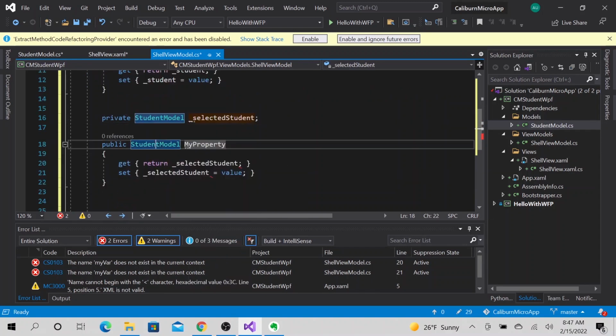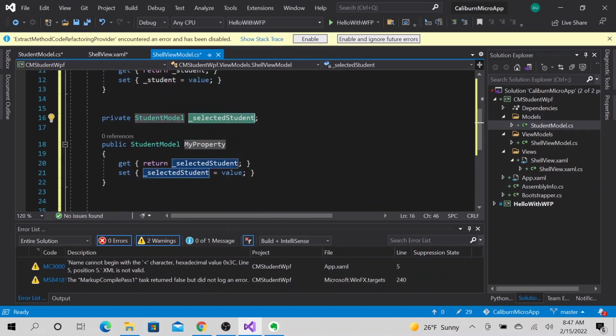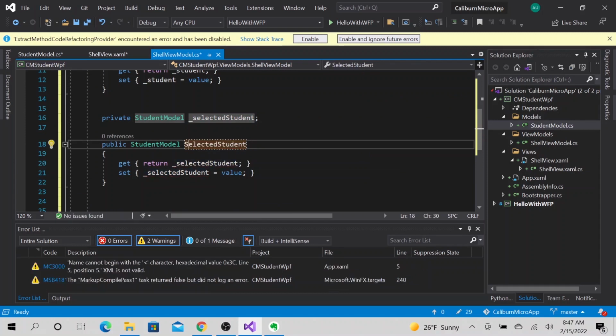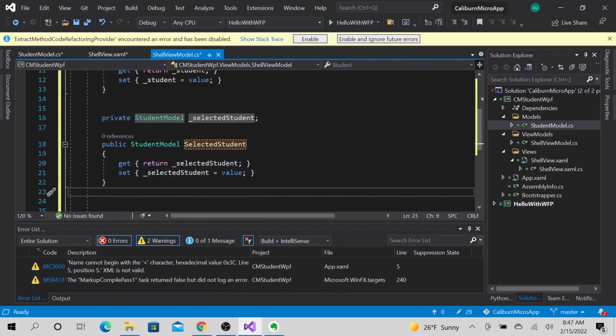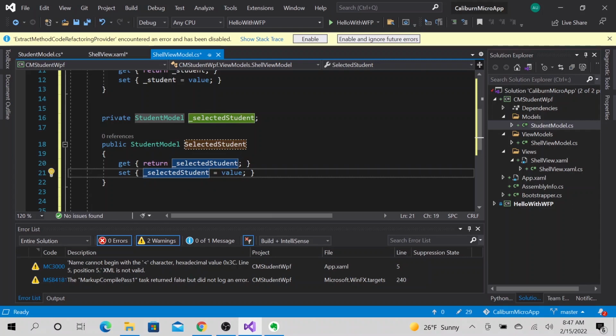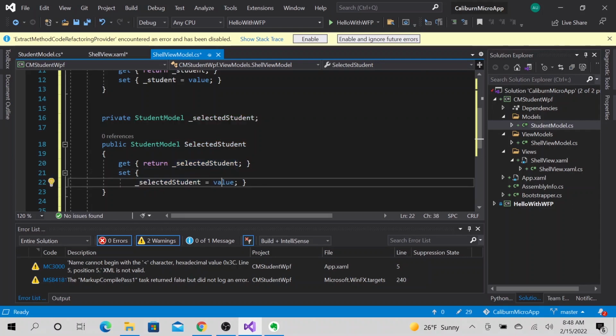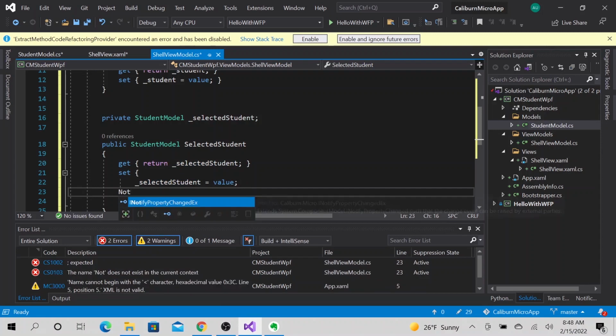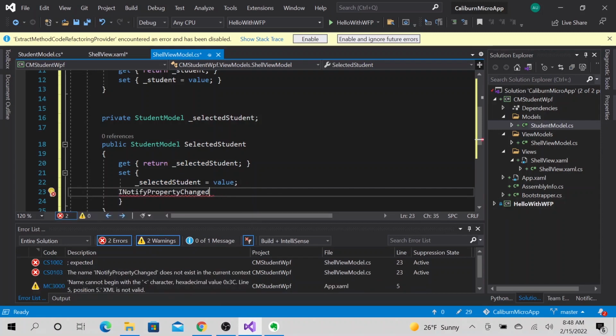So now we want to call this the same name but with a capital S. That looks good, but however on our set we want to notify when the property changes, when the selection changes. We want to notify property change